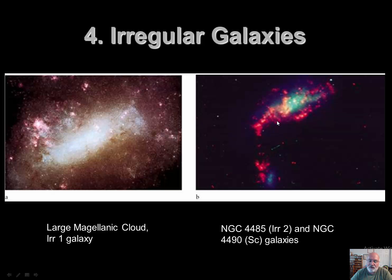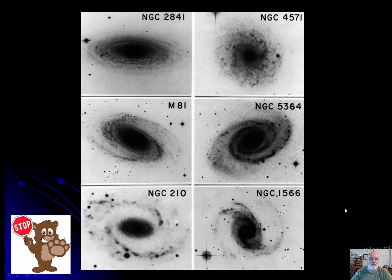And this is NGC 4485, which is supposedly an irregular too, and it's also NGC 4490, which is actually an open-armed galaxy. So we probably have the irregular one down here, and the open-arm one down there, but they seem to be either very closely associated in real life or really closely associated in terms of the picture that's taken here. And this is the last picture, and I want to show you that sometimes astronomers don't